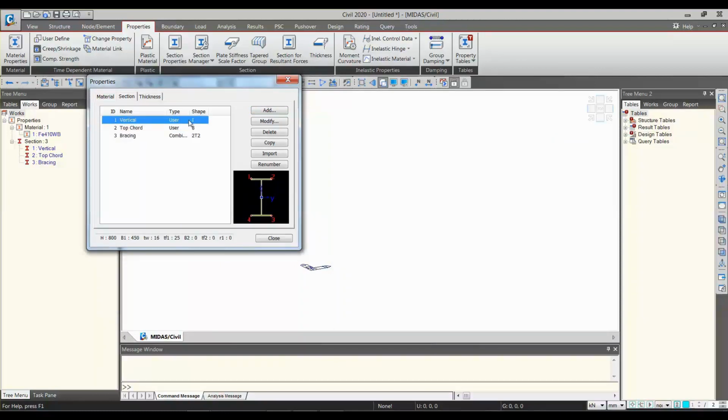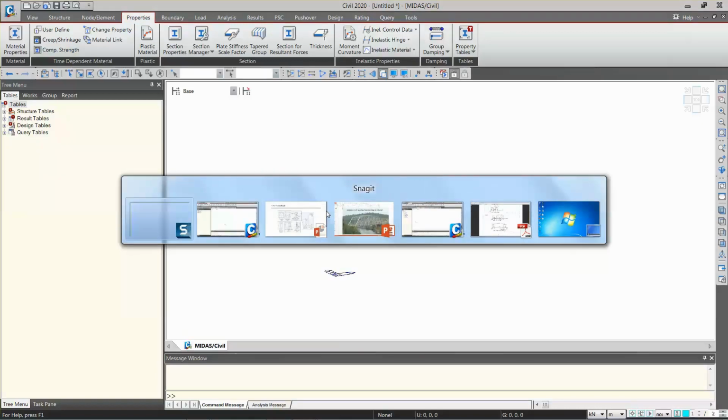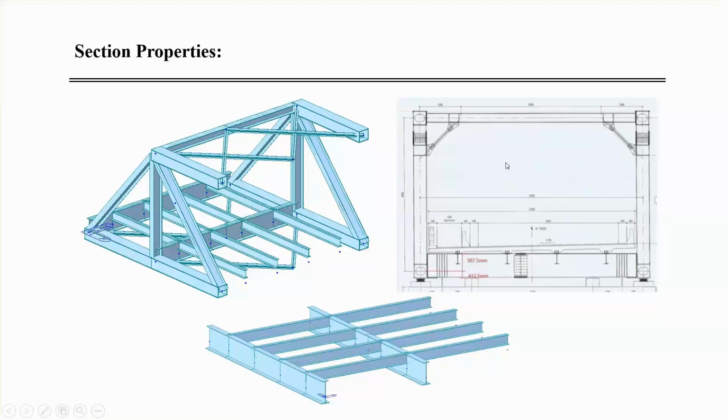Now let me open the existing section file so that we can continue with the remaining sections as well. Now I will take you to the presentation again. For these two sections, the main stringer beams and the cross girders, these have eccentricities, or we can say offsets.